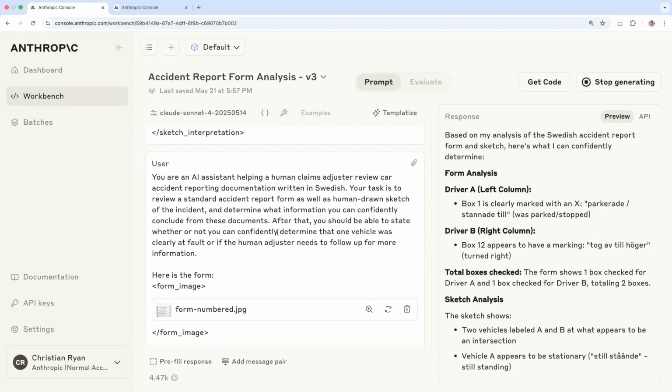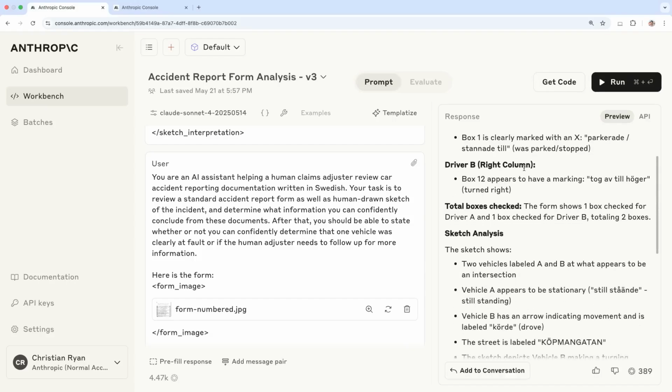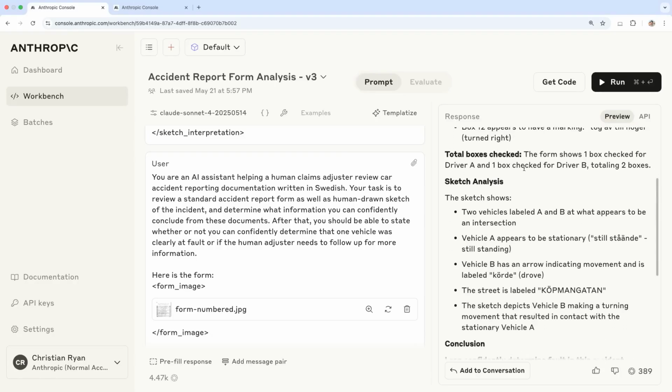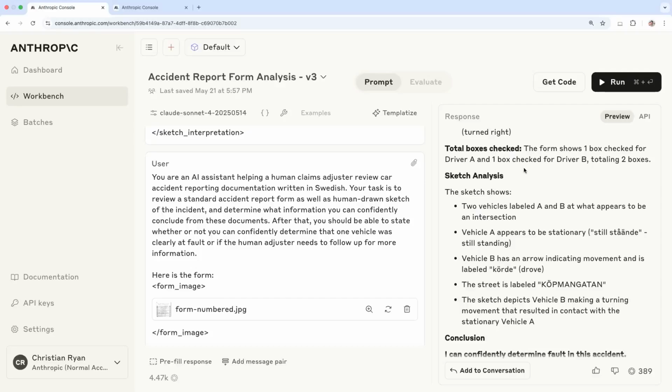You have the same user prompt here, still asking Claude to do the same task, same context. And we'll see here that it's spending less time. It's narrating to us a little bit less about what the form is because it already knows what that is, and it's not concerned with bringing us that information back. It's going to give us a whole list of what it found to be checked, what the sketch shows, and